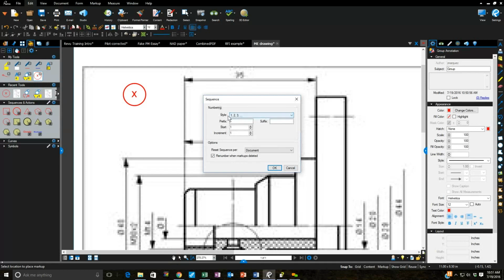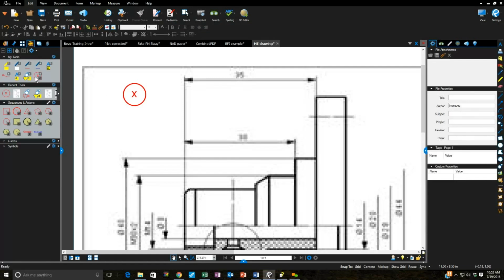specification. So I don't want the numbering style to be this Arabic numeral style. I want it to be incremented in terms of letters. So I'm just going to use lowercase alphabet letters. So that's my style, and that's all I want. I don't want anything to precede or follow the letter sequence. Okay, and then we're just going to leave these at the first increment. If I change this number to 2, for example, it would start on the letter B instead of the letter A. All right, so that's all I need here. So I'll just hit the OK button,